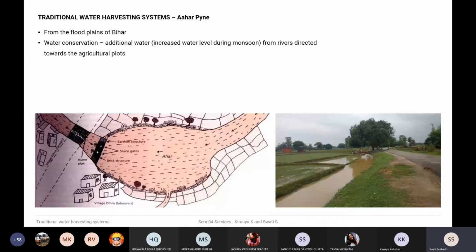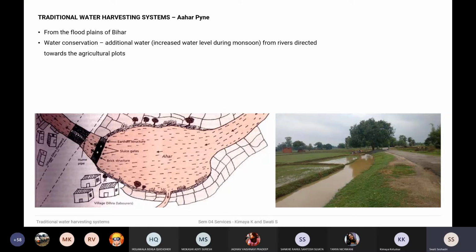Another thing that is important to understand here is that the soil condition has its own important role to play. In the Bihar landscape, the sand content in the soil is very large. When that happens, the percolation into the soil is very low, and your groundwater recharge is not going to be much. So it makes sense to actually use that water and run it into areas that you let them into and irrigate your landscape.